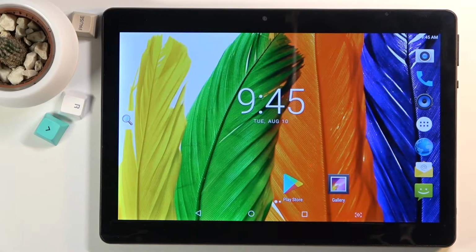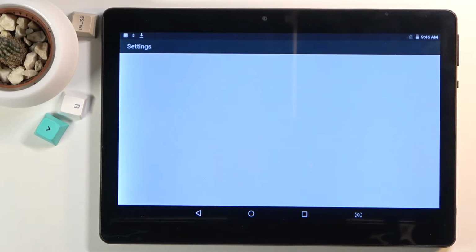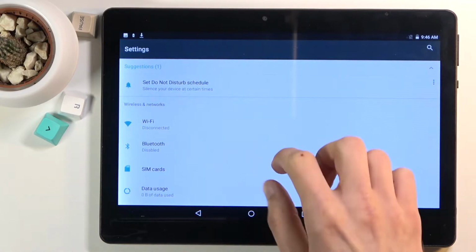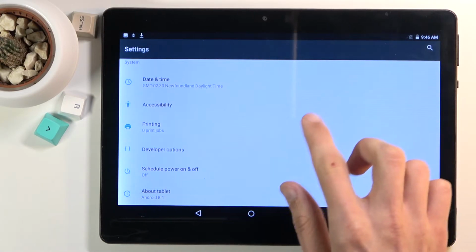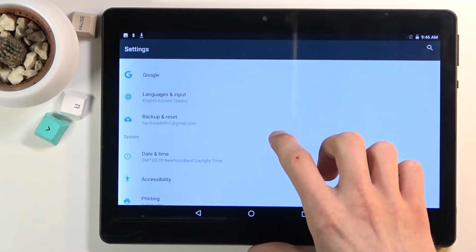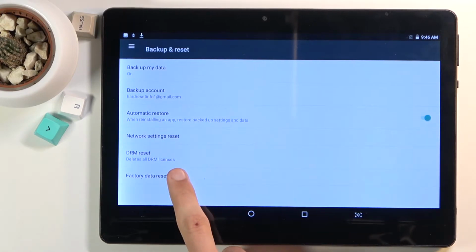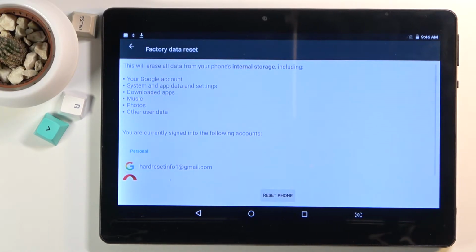Welcome. In front of me is a MEDIATEK KT107, and today I will show you how to hard reset the device through settings. So to get started, obviously we'll want to open up settings. From here, scroll all the way down to backup and reset. From there, factory data reset, and it will give you an information that, well, this process will